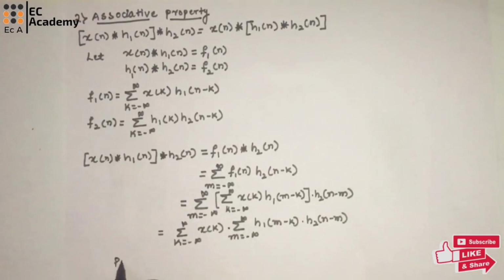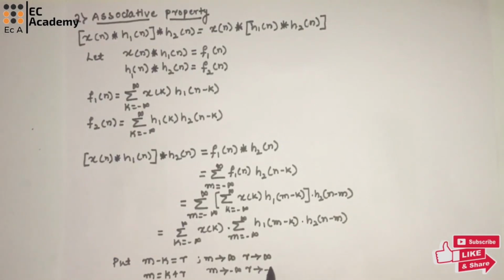Let us put m minus k is equal to r, which means from this we will get m is equal to k plus r. So let us replace m minus k as r. If m tends to infinity, then r will also tend to infinity, and if m tends to minus infinity, r will also change to minus infinity. Using this, we can write this equation as